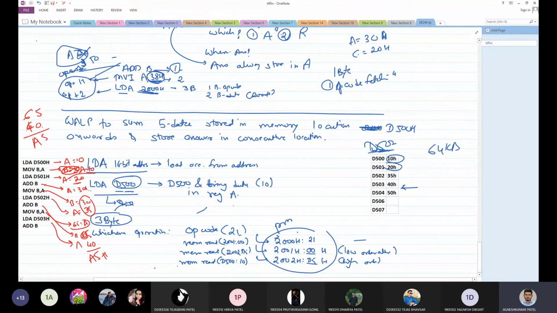Now let's have an example where your answer would be different. Suppose you are performing in hexadecimal. Your numbers are 90 and 80. Okay, both are hexadecimal numbers. So 0 plus 0 will result in 0, no issue. Now 8 plus 9. 8 plus 8 is 16 and 17. 17 is the answer. Now 17 is the decimal answer. So you have to write the equivalent hexadecimal here, and then you can add it. Otherwise you will make a mistake.